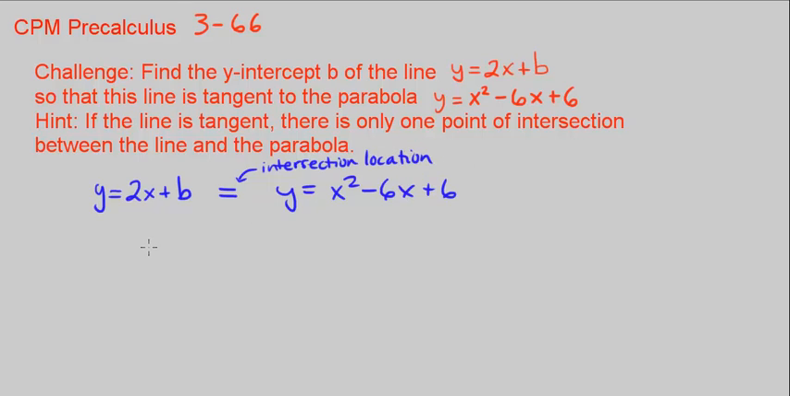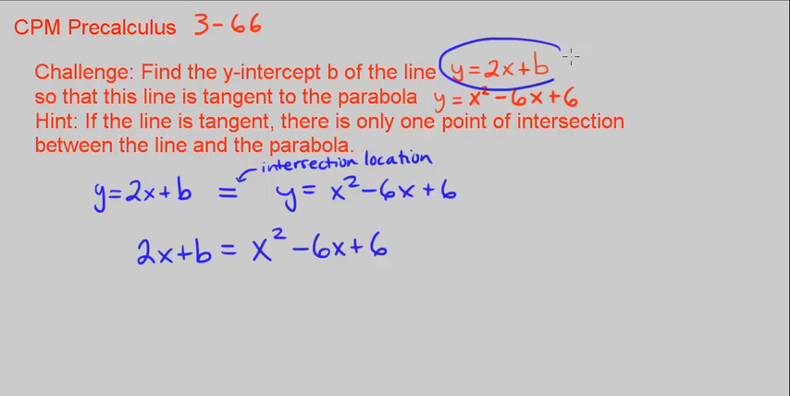So let's go ahead and set those equal to each other. 2x plus b is equal to x squared minus 6x plus 6. Again, this is where they're intersecting, because we want to make this line tangent to the parabola, and we're told that means there's just